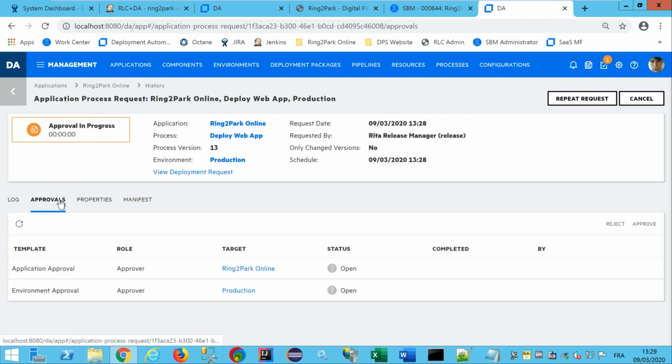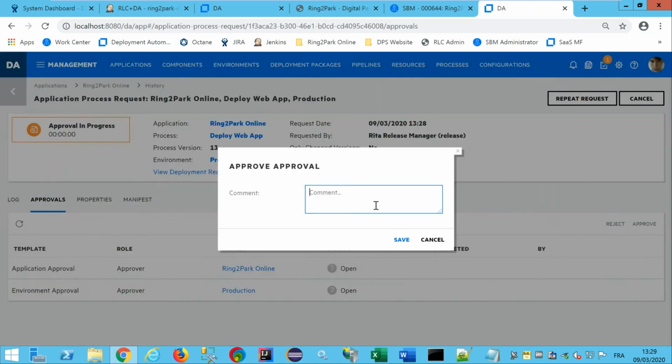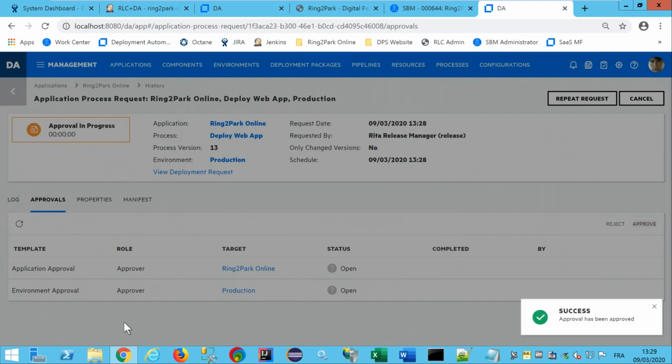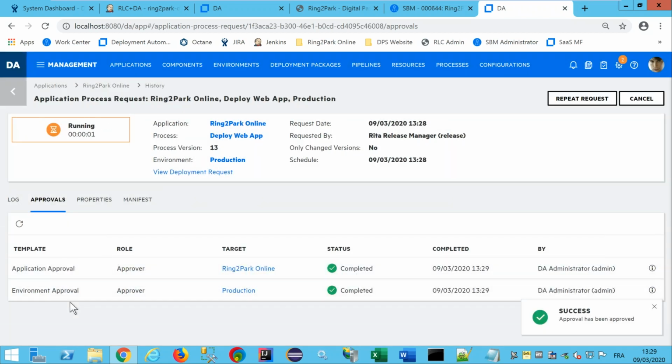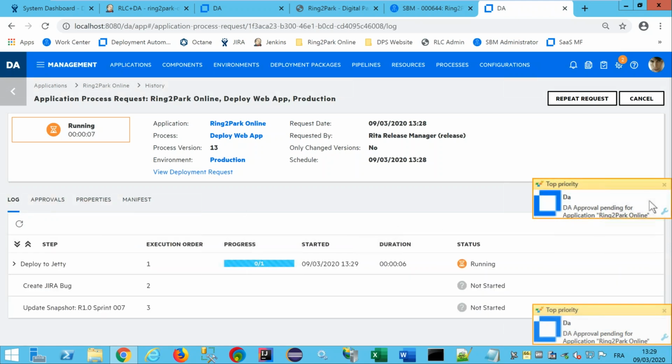So it was just to show you that you can define gates, quality gates, using release control and or using deployment automation. So it depends on the process you want to implement. Here you have two approvers, one for the application and one for the environment. And the deployment can start. This is again email notification here.